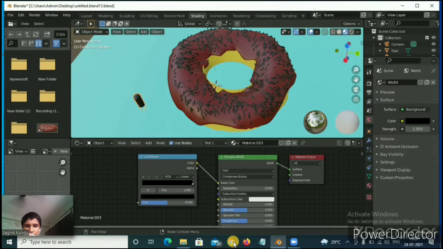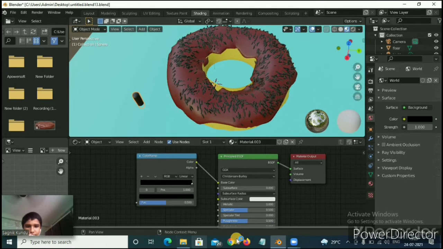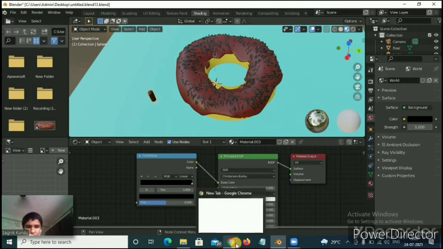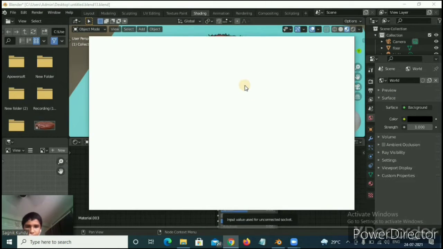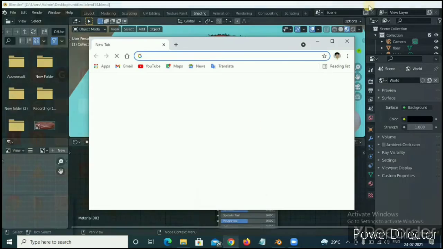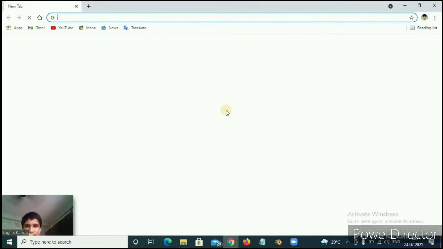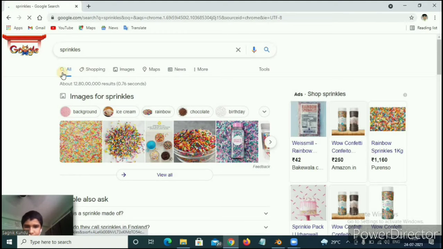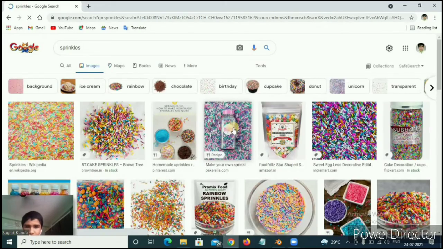I am showing you a picture of how the color of sprinkles looks. Let me open it. Now I will click here, sprinkles images.